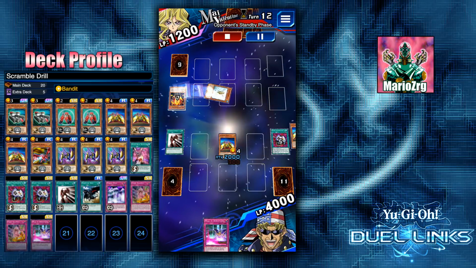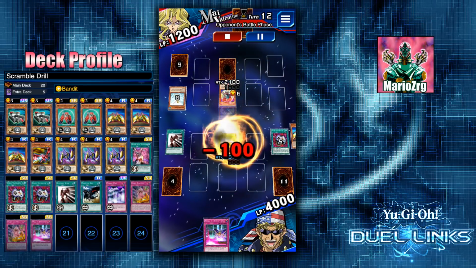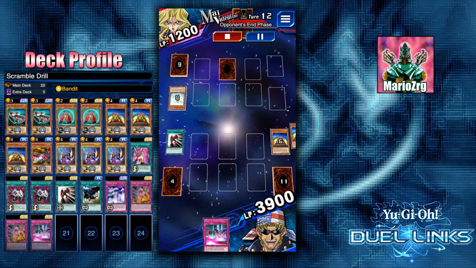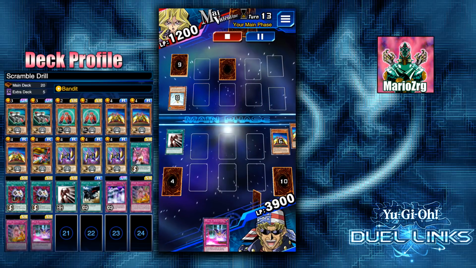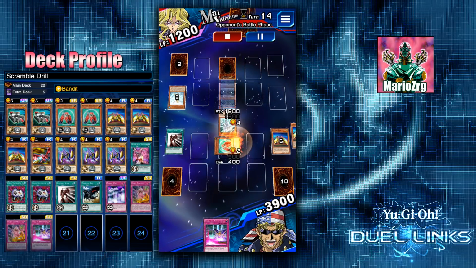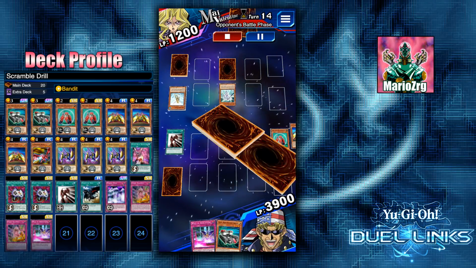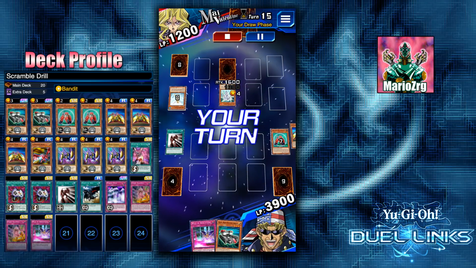I decide to not even set it because he can just destroy it with Feng Huan. And this is one of those places where Mirror Wall would have been better because I would have been able to chain that, avoiding the destruction. I get a Machina Peacekeeper, which is good because it's gonna let me add a resource to my hand, and I immediately search the Heavy Mech Support Armor